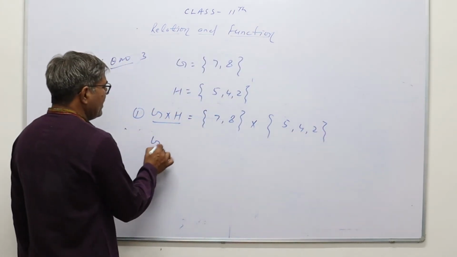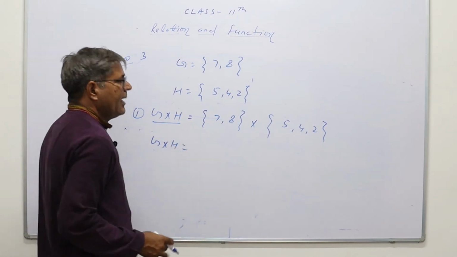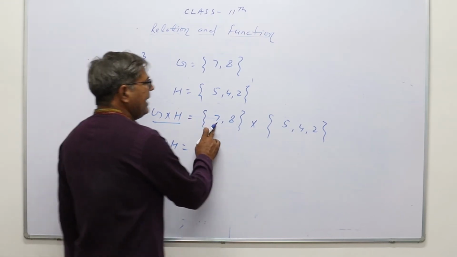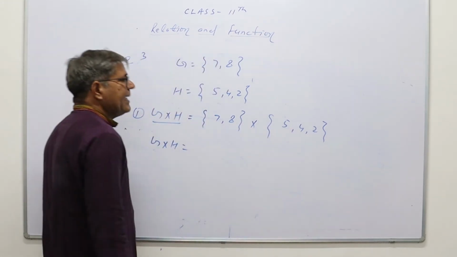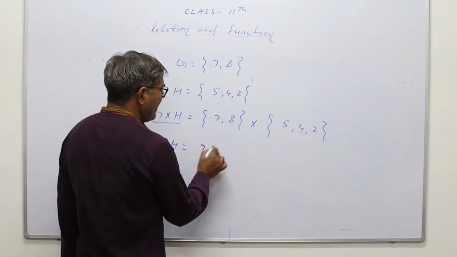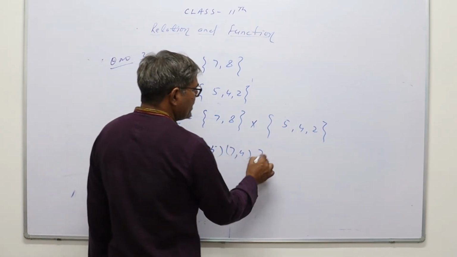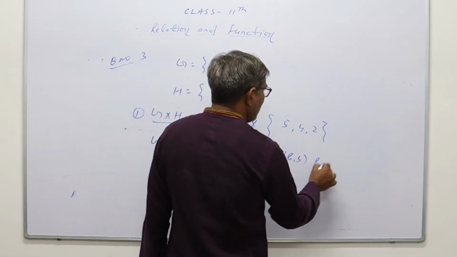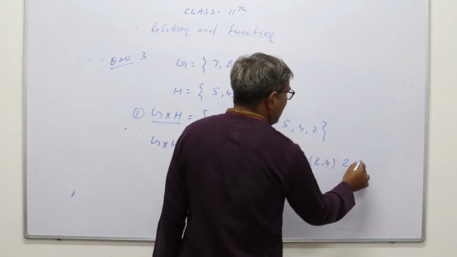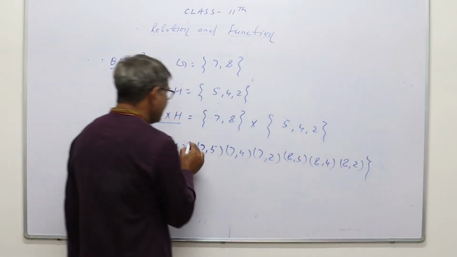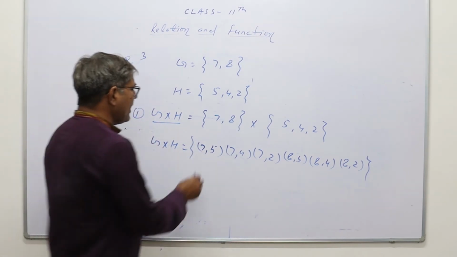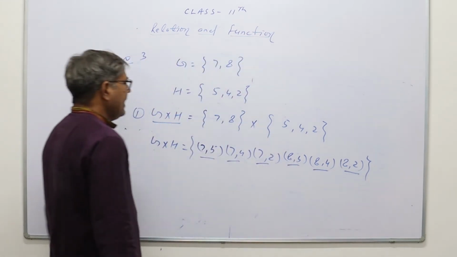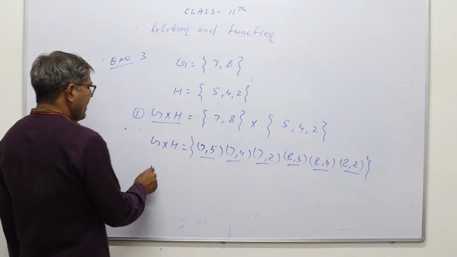Now G cross H will be equal to, now how will we write the cross product of two sets? Take the first element of G and write it as an ordered pair with each element. So (7, 5), (7, 4), (7, 2), then (8, 5), (8, 4), then (8, 2), enclosed by curly brackets. So it has a total of ordered pairs 1, 2, 3, 4, 5 and 6,